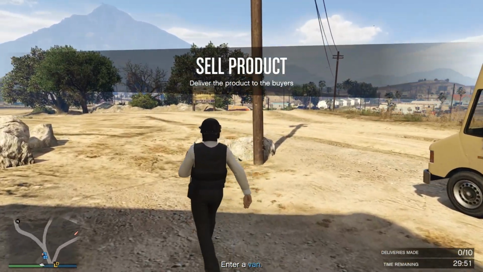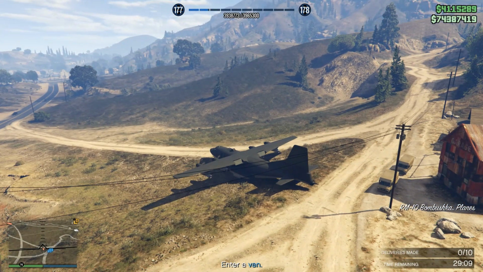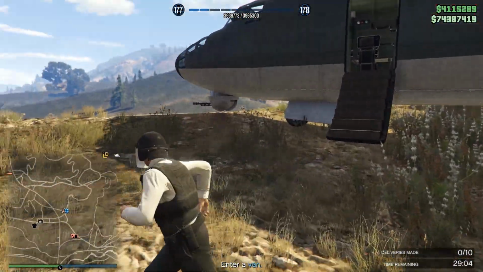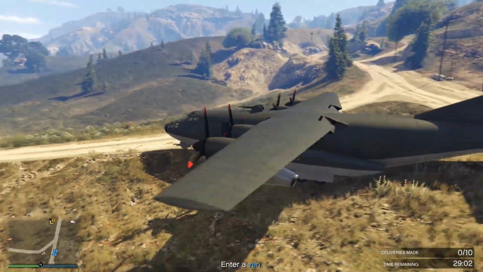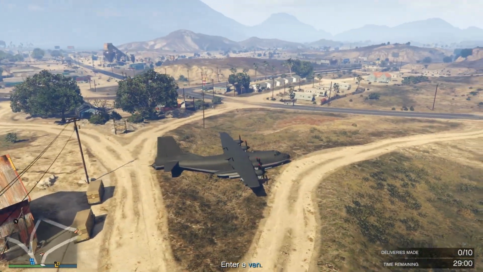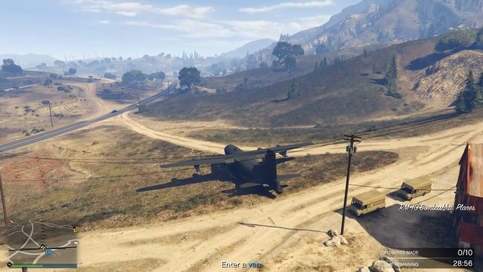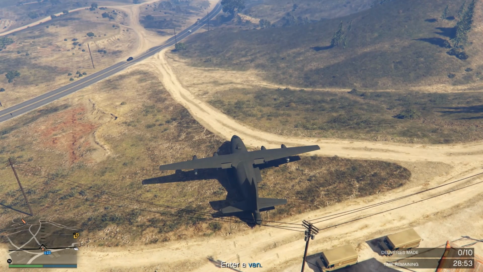Alright, I'm gonna get out my plane. Oh yeah, there you have it. The Bombushka has been summoned. I've also just realized I need to move it from where I currently have it because there's no way we're getting a vehicle into the back when the cargo bay is literally level to the ground. I'm going to put it on the road right in front of us, and we're going to see how this